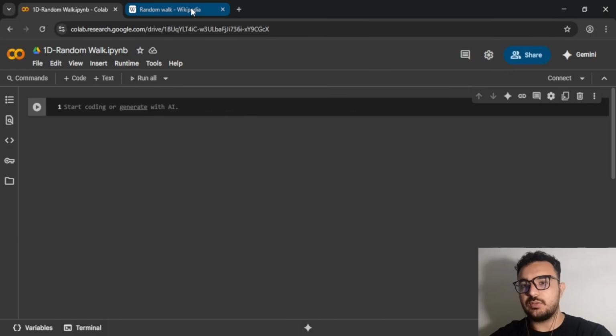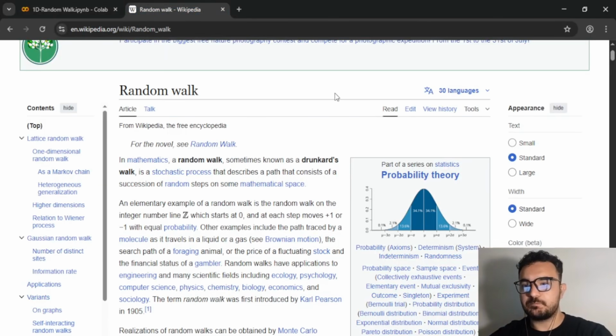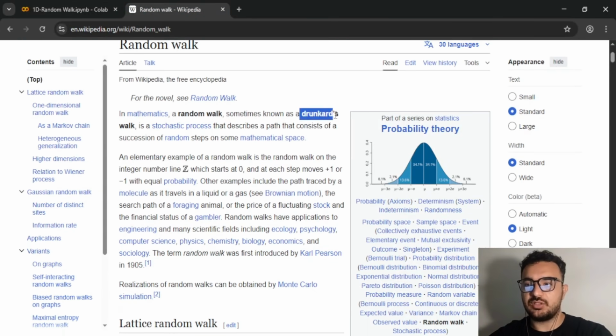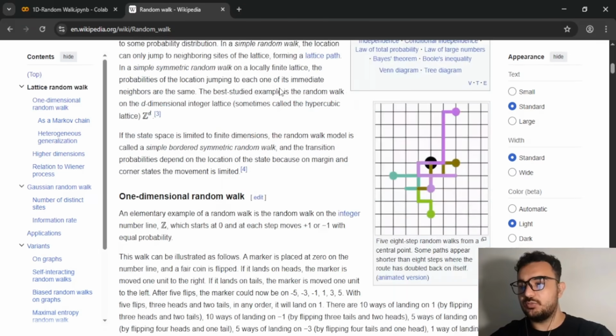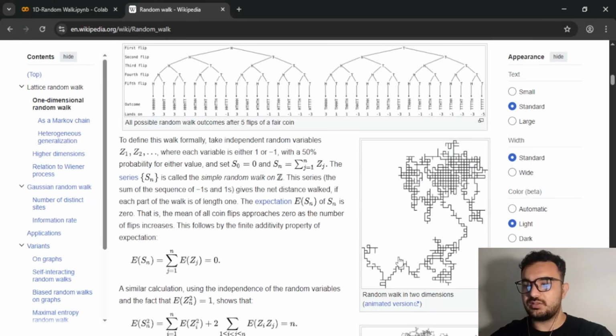Thank you. Today I'm going to show you how to simulate a random walk, which in mathematics is called the drunkard walk. Damn, that's a weird thing. Imagine some kind of drunk person that moves randomly, and it can move in 2D, like these kinds of things. It starts from some point and starts to walk in different positions. But at first,